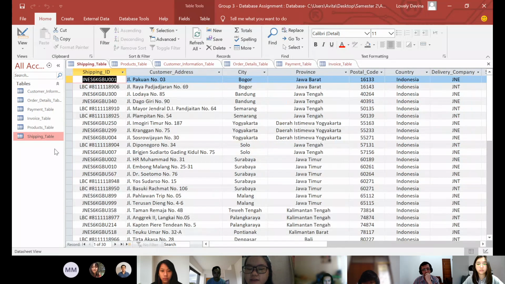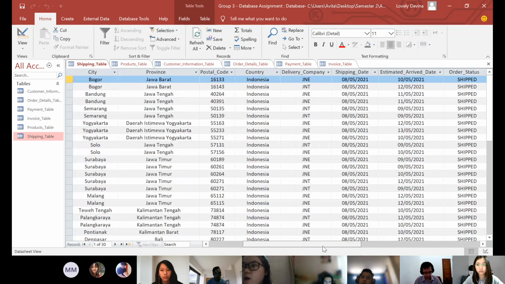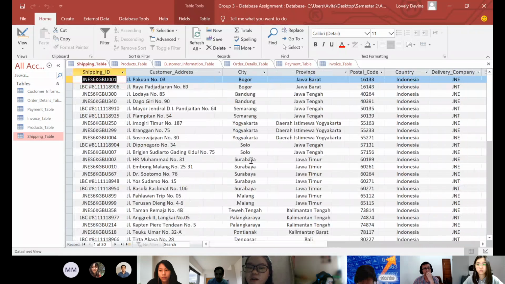The last one is the shipping table, consisting of shipping ID, customer address, city, province, postal code, country, and delivery company, shipping date, estimated arrival date, and order status, whether it's shipped or not. That's all from Group T.